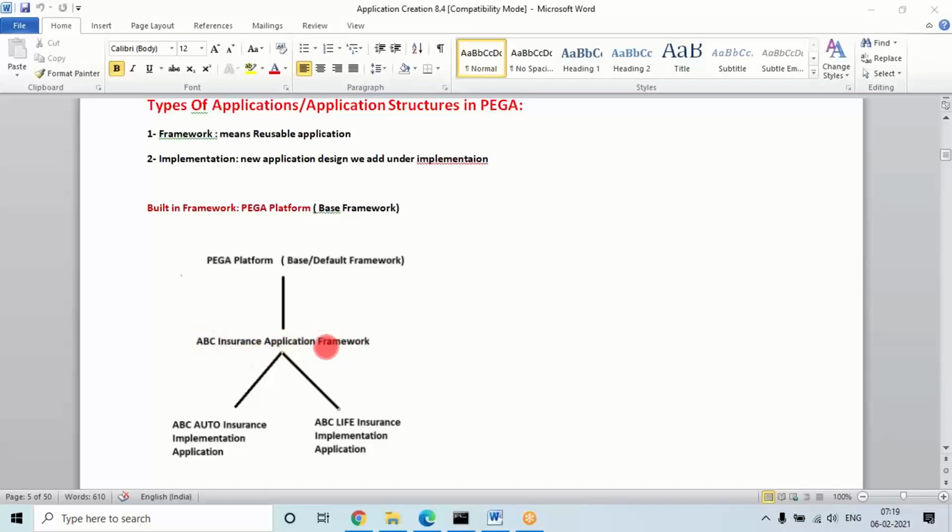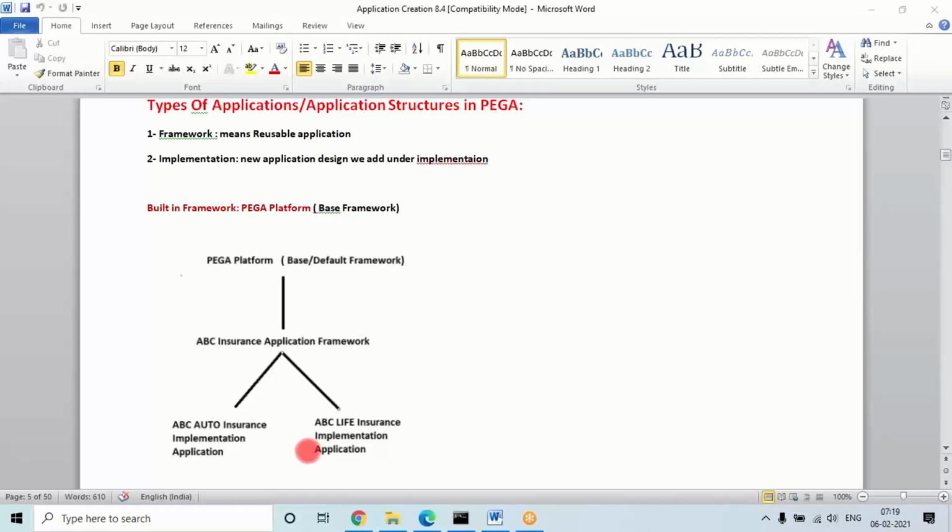So what is the advantage of creating this? Two advantages are there. The first is that, once they define the organization names, they can directly create the implementation applications, and add multiple implementations under the same framework. Another advantage is reusability. Suppose in both implementation applications they have common designs, like common business logic, common UI, or common data tables, they can create them at the organization level and reuse them in all the regions. You'll understand that in detail in the Monday session.